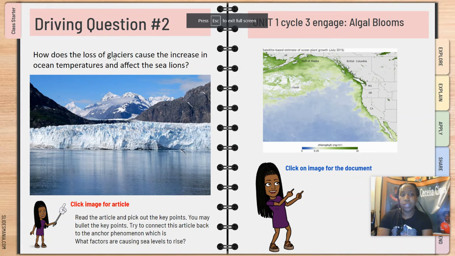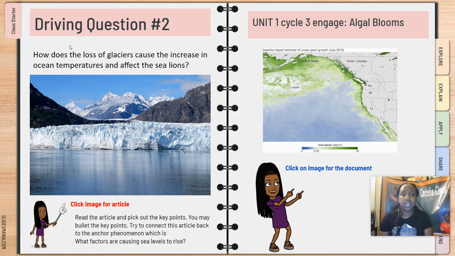All right. So yesterday you may not have gotten to this. Driving question number 2. So we're trying to answer number 1, but right now we got to put that one on a back burner and let it simmer because we're going to be gathering evidence over the next week. When you start on Monday, you'll be going out there every day looking at your system. So we have to keep moving.